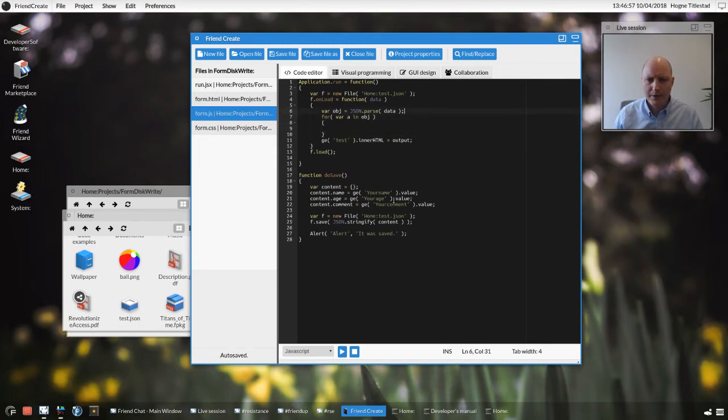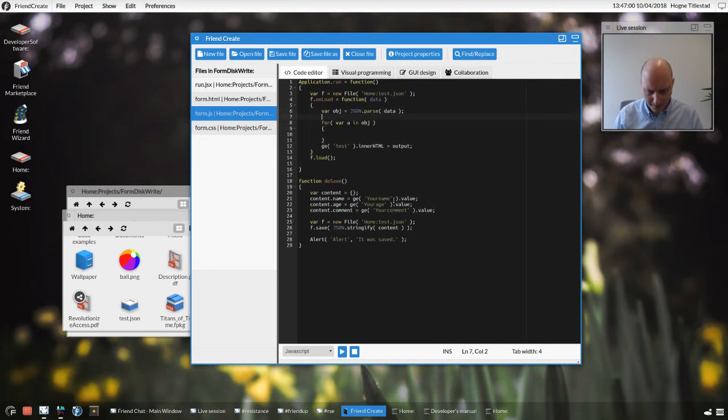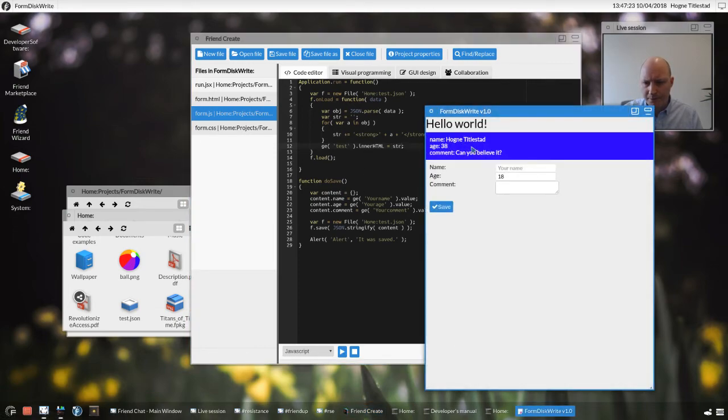And I'm going to do one bold row for each. There we go, and that's going to be the output. So let's see what that does. And there we go. So now you can both store the content on the form and load it up and